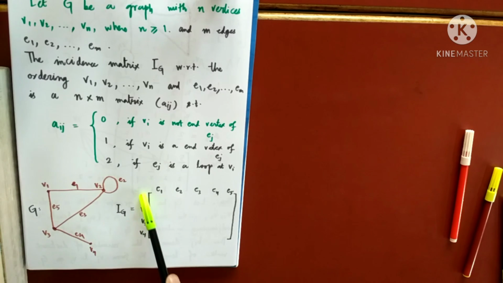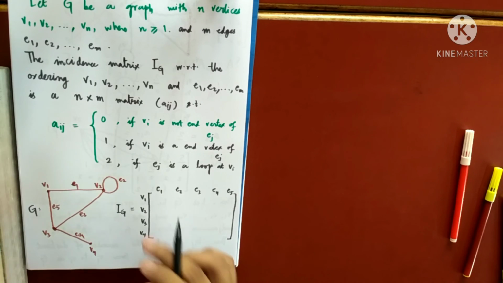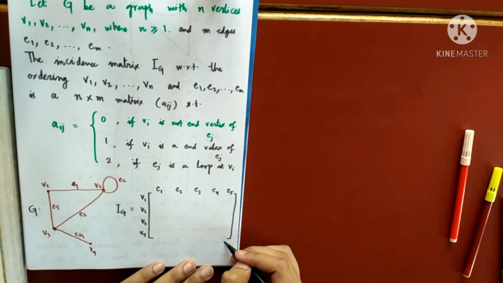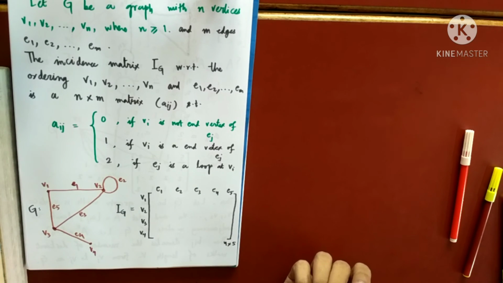You see there are 4 vertices and 5 edges. So this is not a square matrix. The order is, how many rows are there? 4, 4 cross 5. So vertices cross the number of edges. So the first difference is that the adjacency matrix is always square and its order depends only upon the number of vertices. But the incidence matrix in general may be square, may be rectangular.